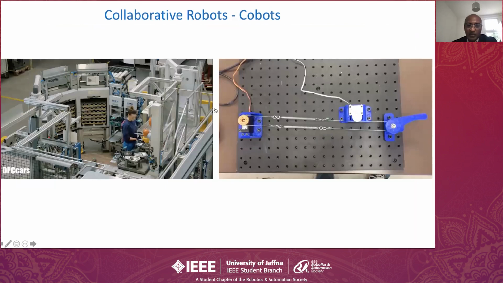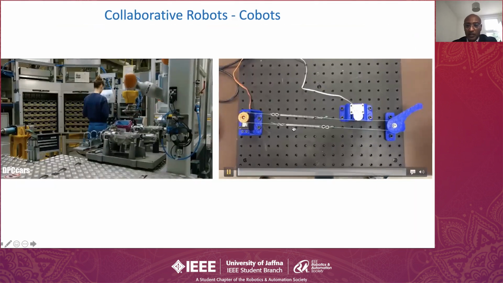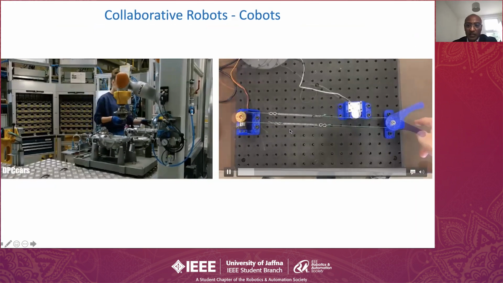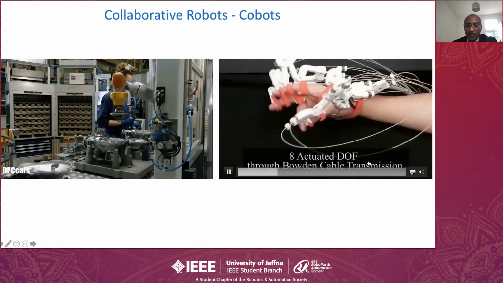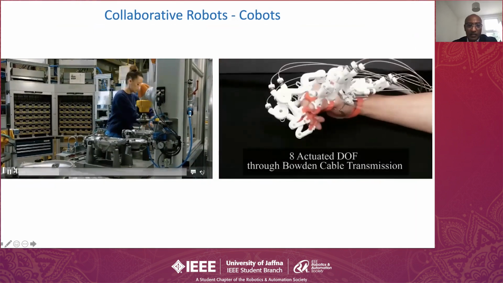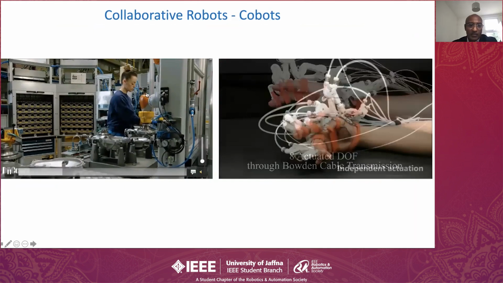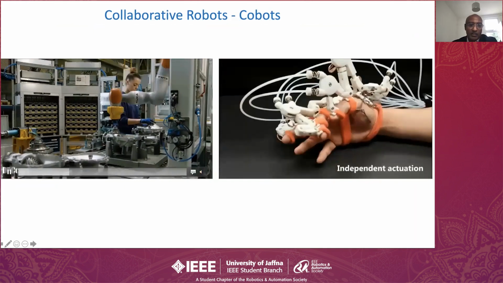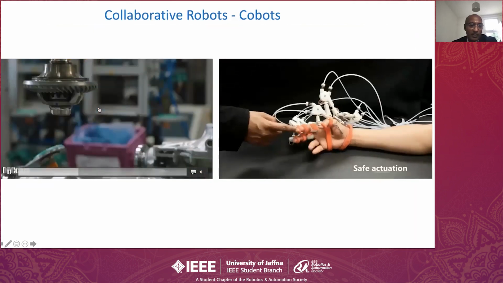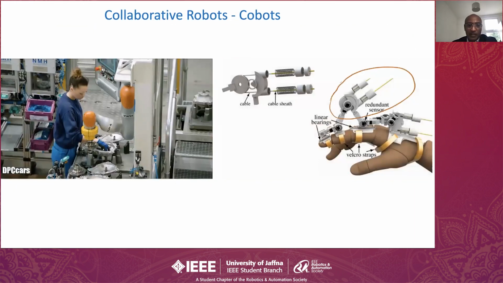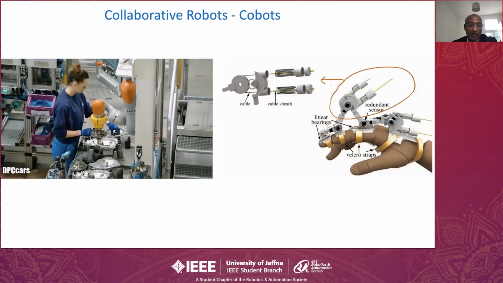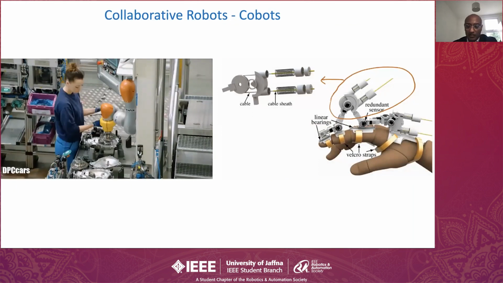So series elastic actuators are something like this. Like, if you have a servo motor like that, and then what happens is you have two antagonistic muscles or springs. So you can apply a load to that, and then, sorry, a noise in the background. So see, with this kind of series elastic actuators in the robot, this lady is feeling very safe to work around it, and they are very safe, right? So these are used in KUKA robots and most collaborative robots you find today.